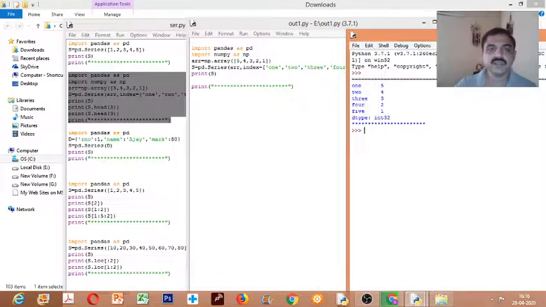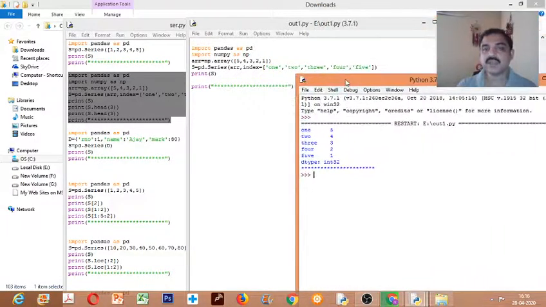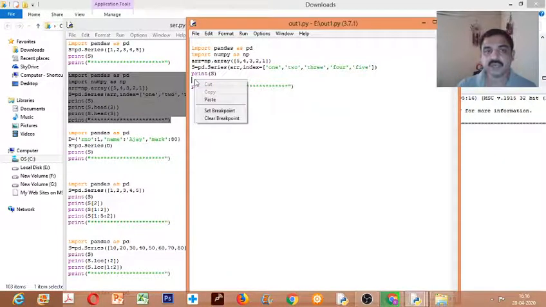So you can note down here the values in the series, 5 4 3 2 1. This is created along with the index. In the previous example you saw that 0 1 2 3 was displayed. Now 1 2 3 4 5 in words is displayed. This is what I specified as the index, so it is displayed in this manner, right? So now we know how to create a series from a list and a numpy array. So I'll add two more lines here.